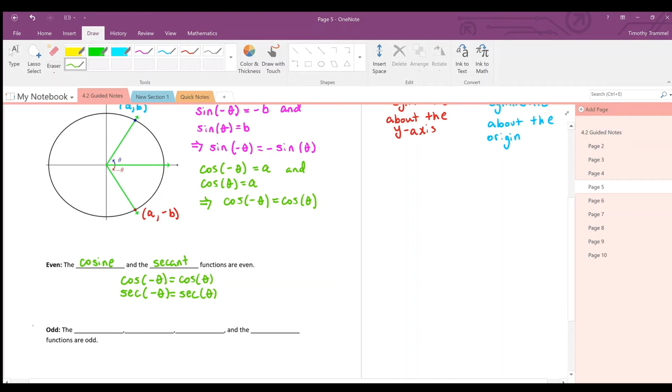Let's try another one. So the odds. We saw that sine was odd. Trying to switch colors here. Okay, green it is. Sine was odd. It actually ends up that 1 over sine, which is cosecant, is also odd. If we have an even function over an odd function, we'll end up with an odd function. And then we have tangent and cotangent,